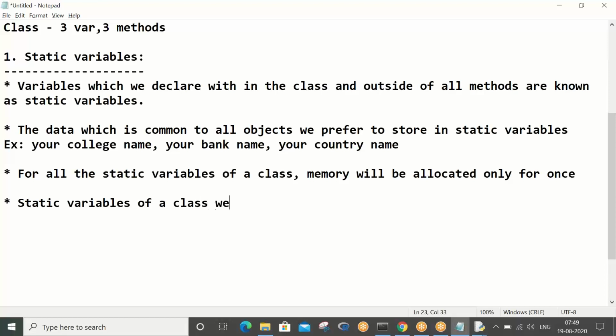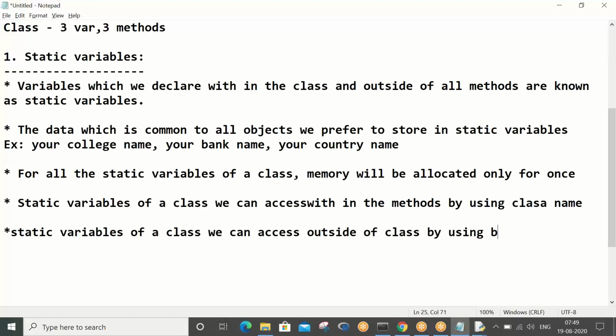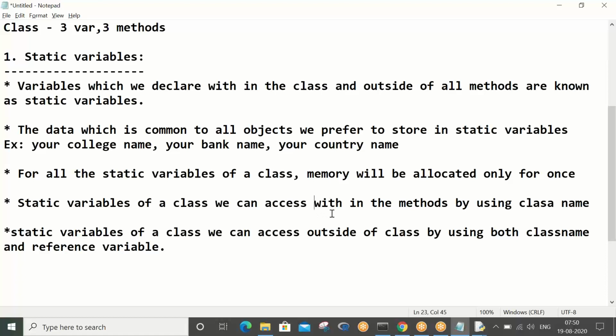We can access them within the methods by using the class name.